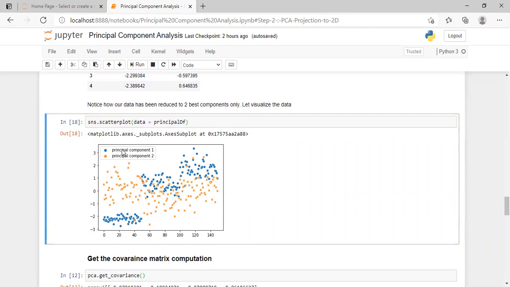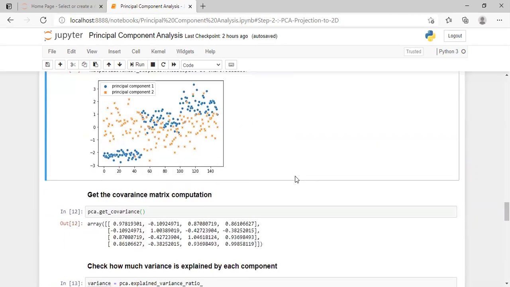So as you can see, principal component 1 is distributed with a large gap, because most of the values are below 0, which are negatives, and then we have some around 0 or 1. So this is a cluster of points, as we can see. But principal component 2 is widely spread, evenly spread, normally spread, and we cannot see any pattern in component 2.